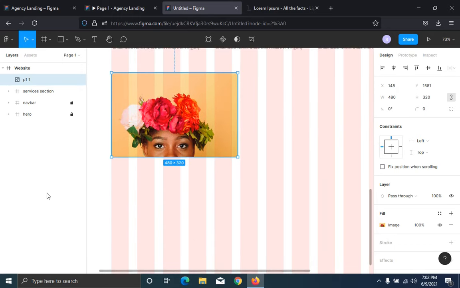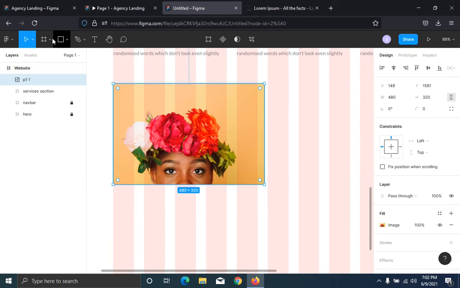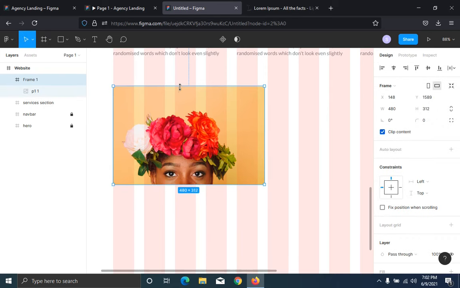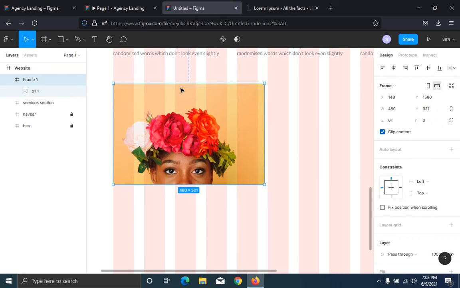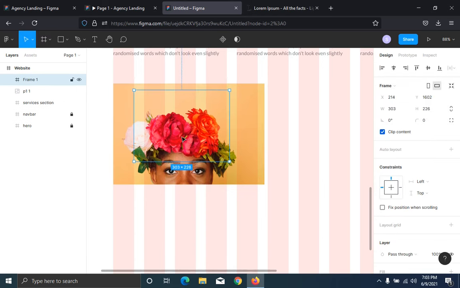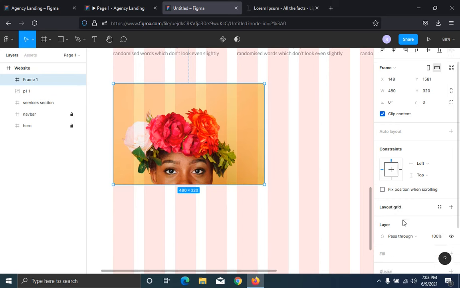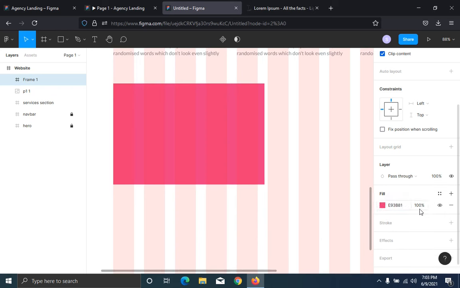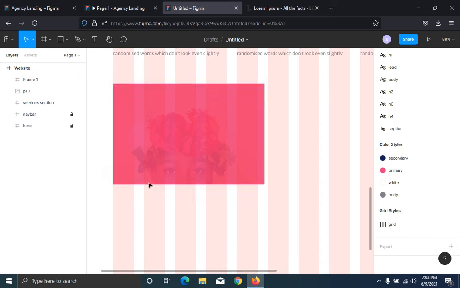Okay, I'm gonna select a frame and I'm going to drag it like this. Yeah, just like this. The fill color is going to be this, and opacity for this is going to be 90. Okay,